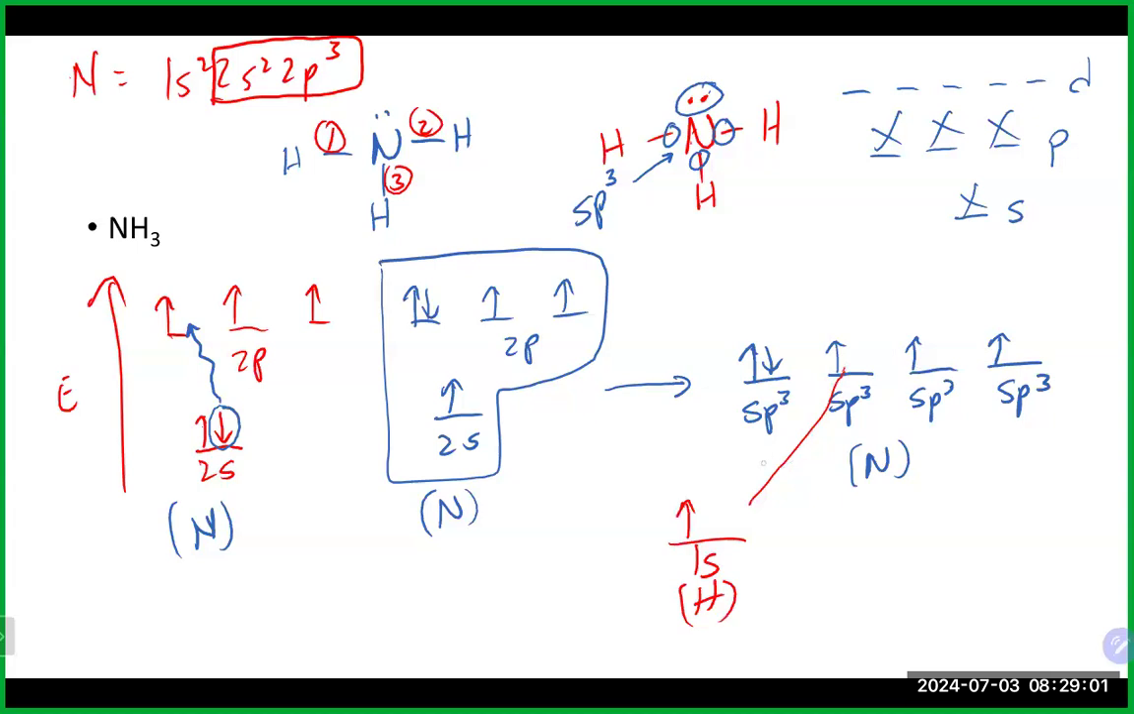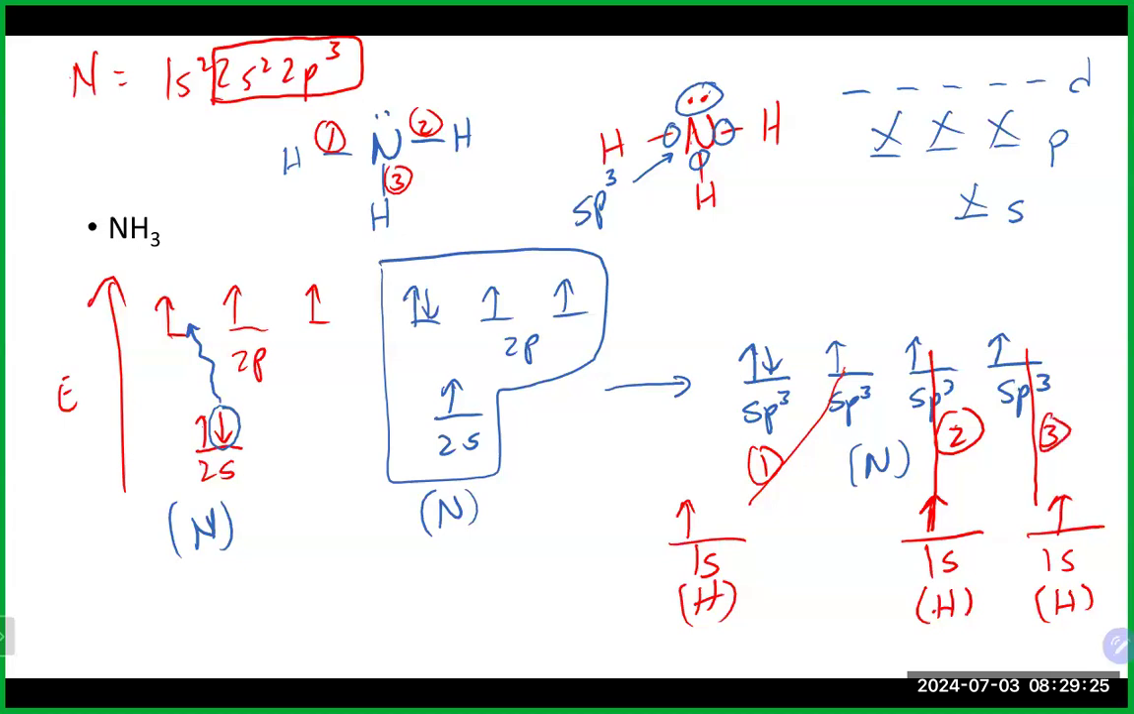And that would be like our first guy. This guy also has the ability to make a bond with our 1s orbital there and the other hydrogen. That'll be like our second bond. And then this guy as well has the ability to make a bond with our third hydrogen. So that accounts for the bondings that we see in each of those, basically nitrogen to hydrogen bonds,